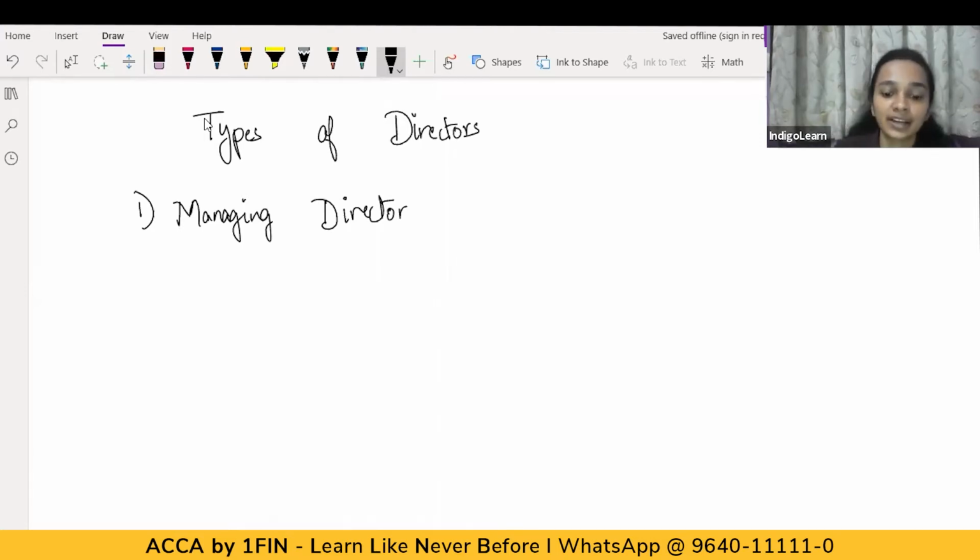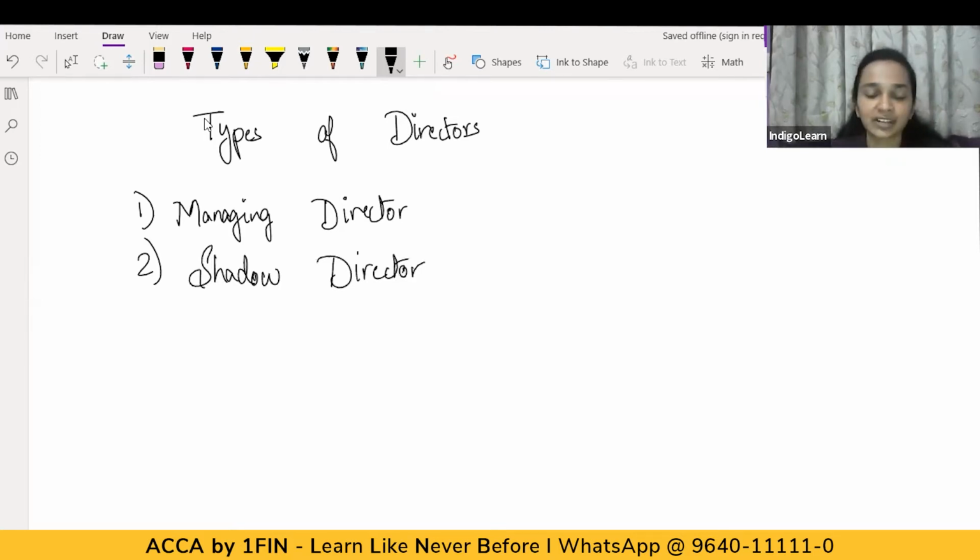Now, apart from a managing director, there's another type of director, which is a shadow director. A shadow director is quite similar to a de facto director. He is a director in accordance with whose instructions or directions the company is accustomed to act. It is similar to a de facto director only. So all the rules of company law are applicable to a shadow director also. And he is a person who is giving advice and instructions to the directors or the employees